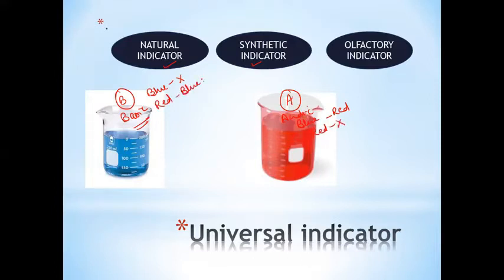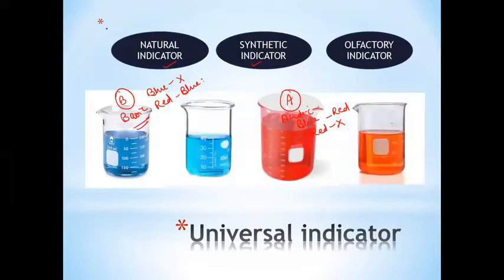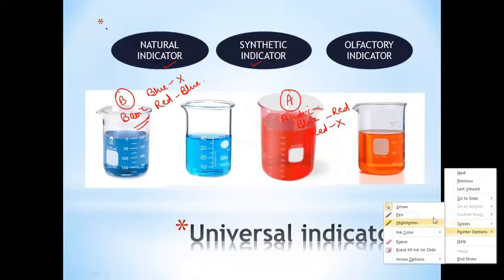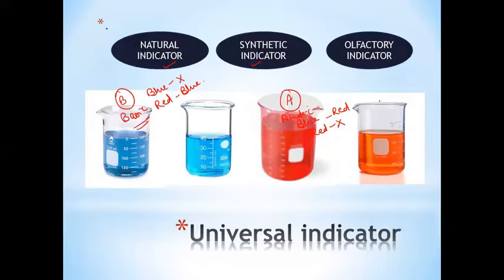Suppose we have two acidic and two basic solutions. Now which one is stronger acid out of A and C, and which of two is stronger base out of B and D?